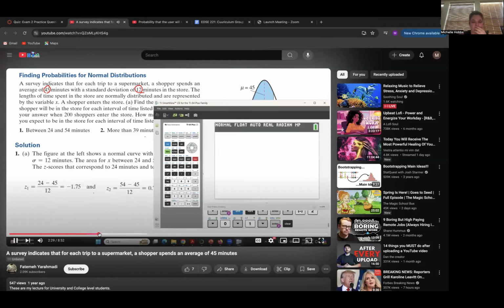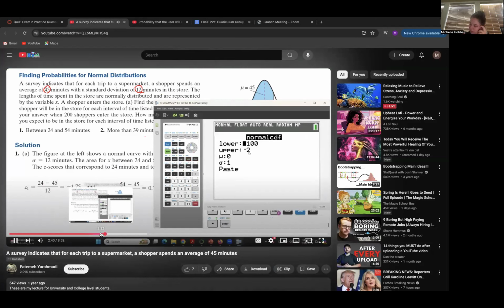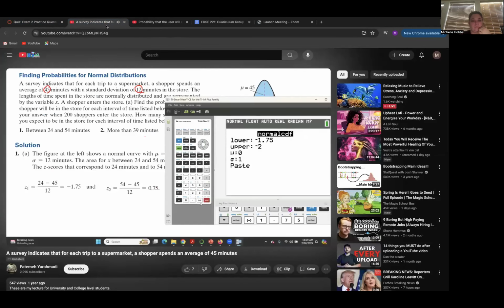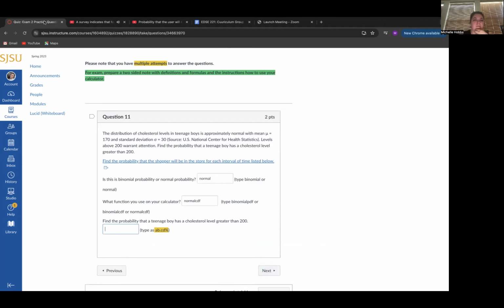Using your calculator, if you are dealing with z, you're going to enter z, but make sure you enter the correct information. Second, vars, and find normal CDF. The lower bound is negative 1.75. Upper bound is 0.75. Mean for z is 0. Standard deviation for z is 1. So if you hit enter twice, you get